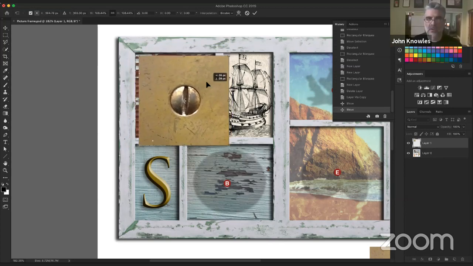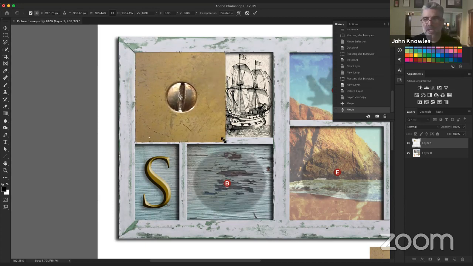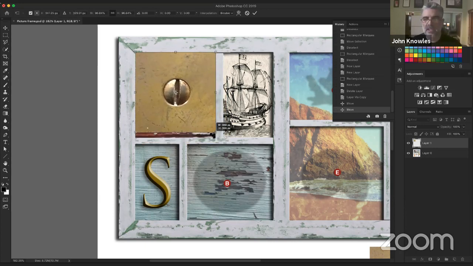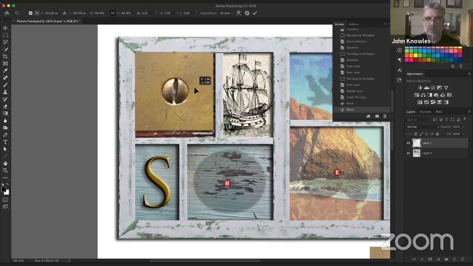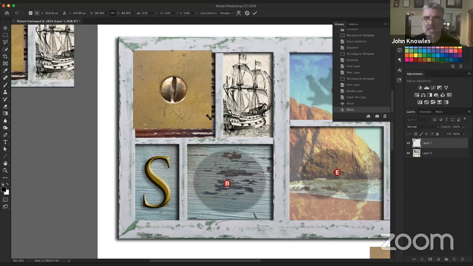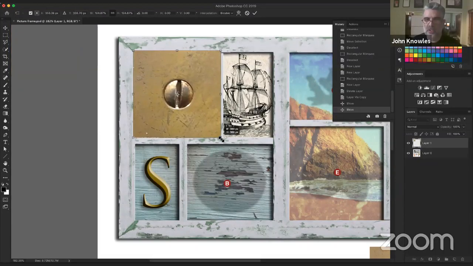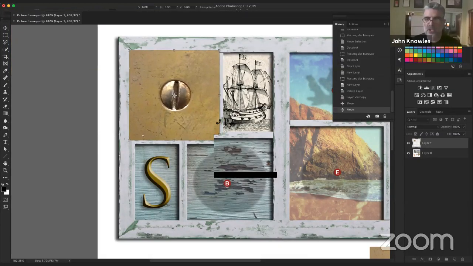Gosh, what am I going to do here? Well, I'm going to try to fit this into the corner of the box just a little bit. And there, oh, see what happened is that box is not a perfect square, and what we have is a perfect square. So what we need to do is make it a little bit larger than what we've got, and then we need to shave off